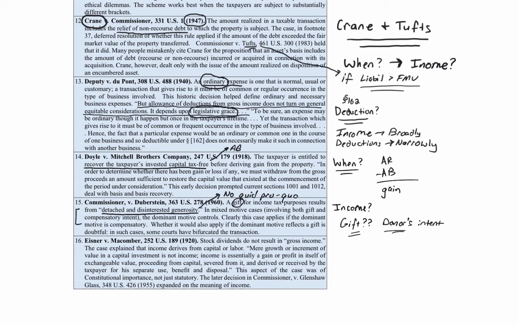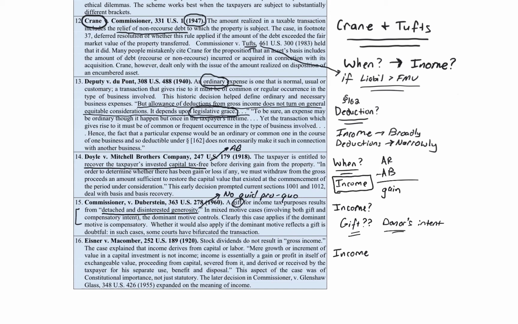Eisner versus Macomber, this is an income case. Because it's a function of when you get your return of capital. Okay? I guess you could see it as an income question too. It could be viewed as an income question. But whenever you're dealing with basis, recovery of capital, at some point you're going to have to recover it. So what they're saying is when you're selling it off, you get that basis. So it's, okay, is that basis going to be allocated at some other point? So you're getting it at recovery. But you could view it as income as well. Okay?